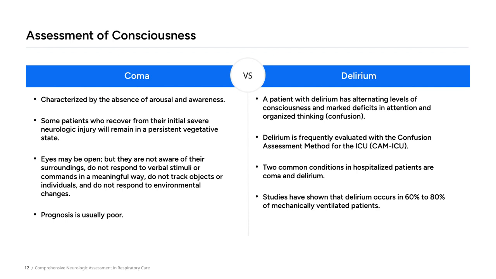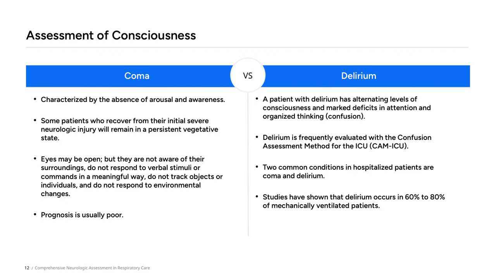It's important to recognize that two common conditions seen in hospitalized patients are coma and delirium. Studies indicate that delirium occurs in about 60 to 80% of patients who are mechanically ventilated, highlighting how prevalent this issue is in critical care settings. In delirium, patients may appear to have no arousal or awareness, which makes assessment challenging but